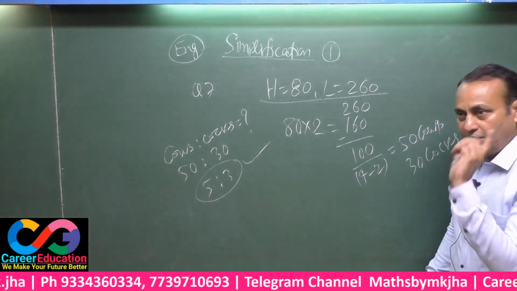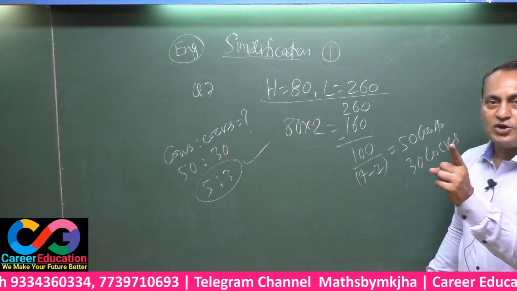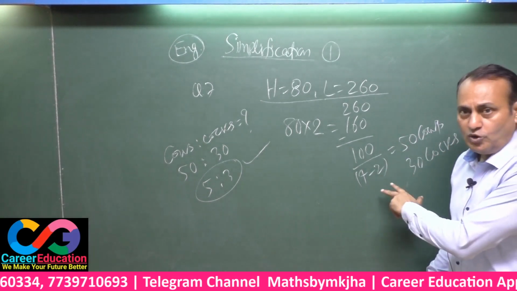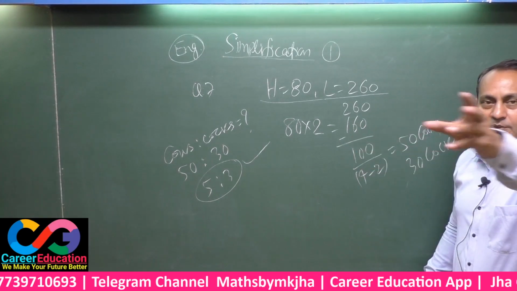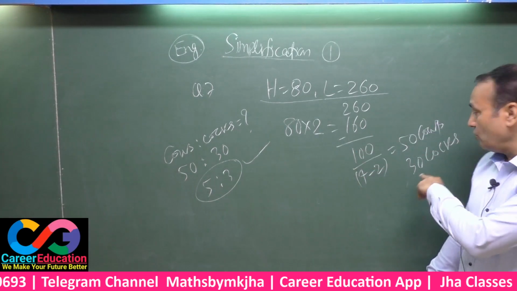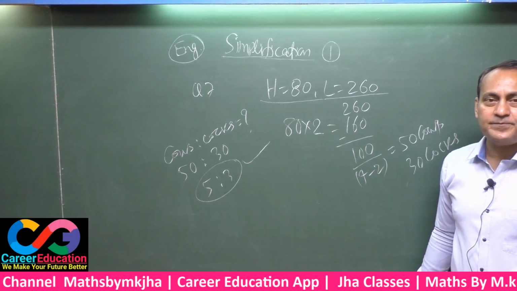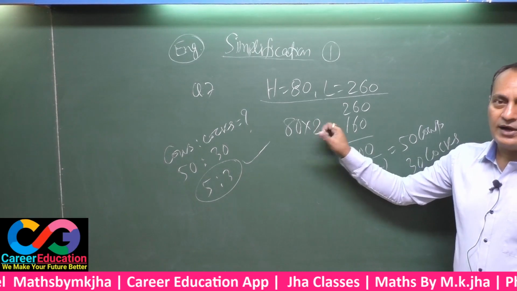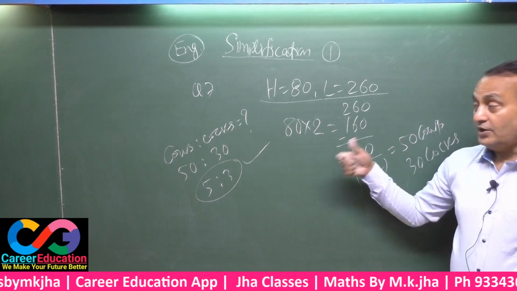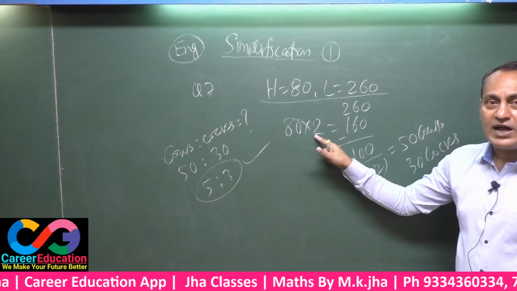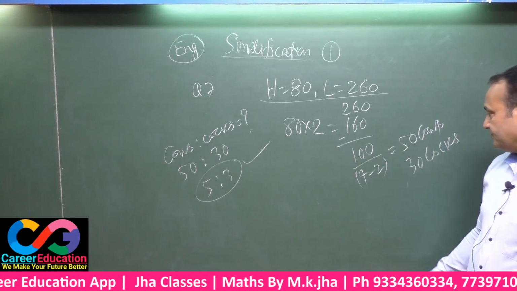That means a cow has only 4 legs, a cock has only 2 legs, the difference will be only 2. This 100 must be divided by the 2 in order to get the number of cows. Okay? Since you have supposed here all are cocks, the answer will be of cows. If you suppose here all are cows, the answer will be of cocks.